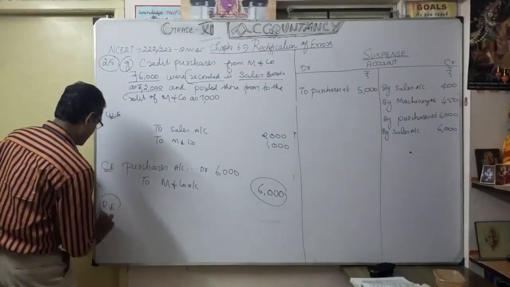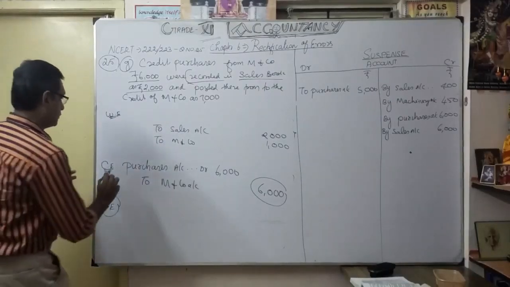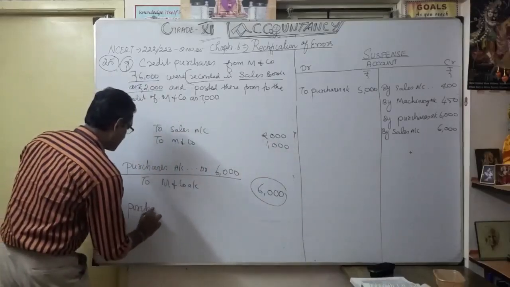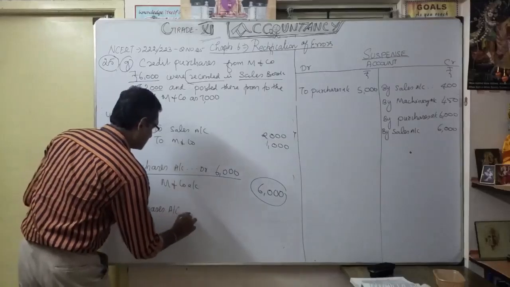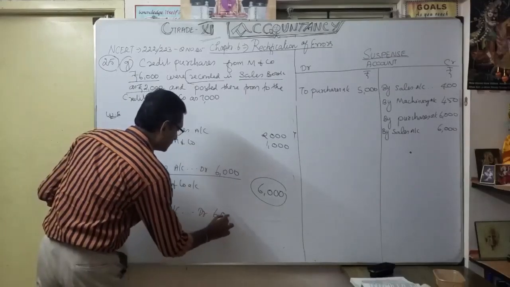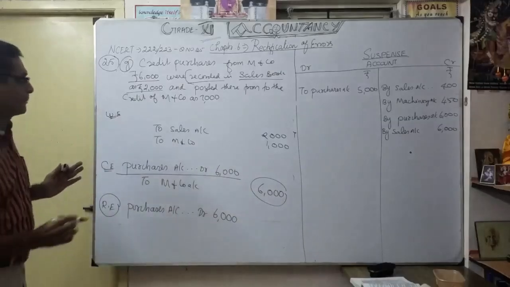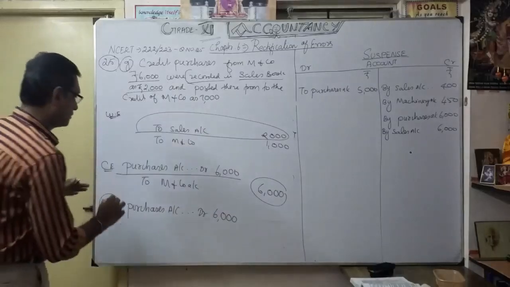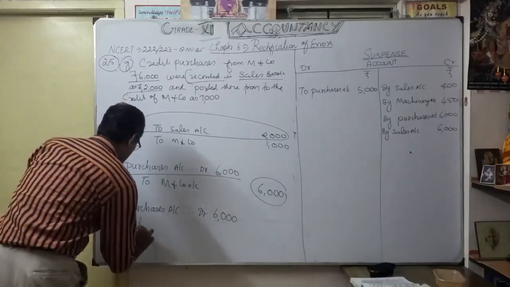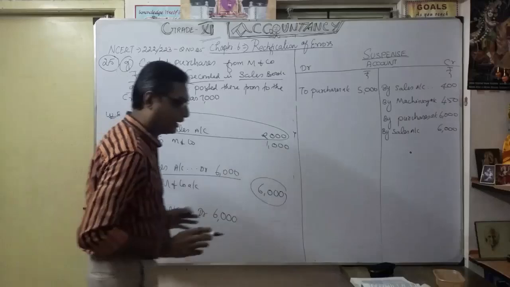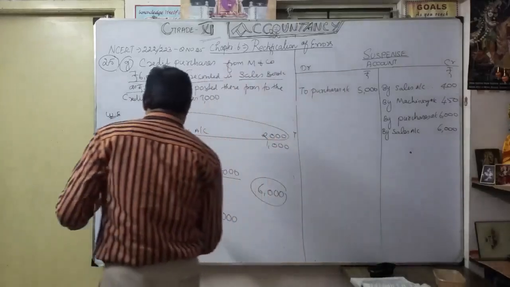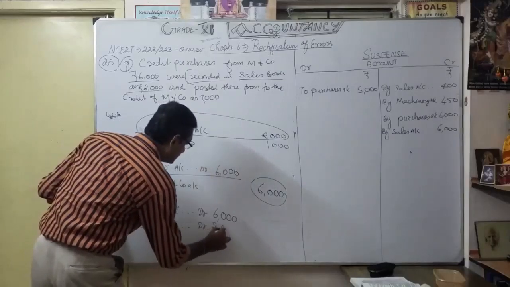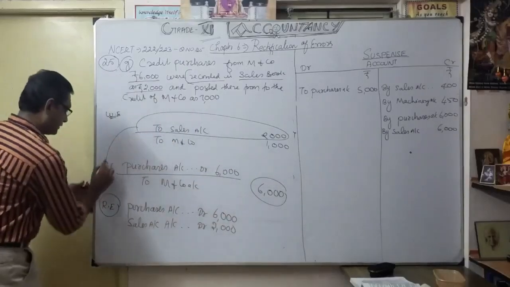Very interesting. So anyway, purchase account you want to work out. Yes, correct. So purchases account debit 6,000. Okay, so what happened? First one, they wrongly credited sales account. So I want to reverse it: sales account debit, how much? 2,000. Sales account 2,000. This part we want to make it here.